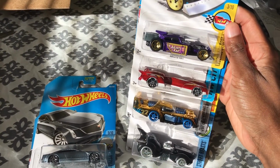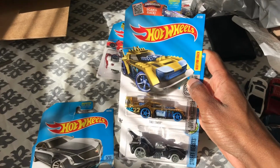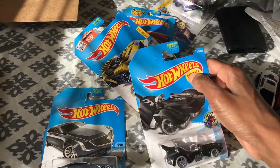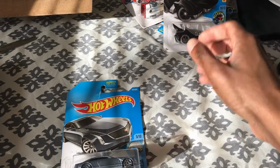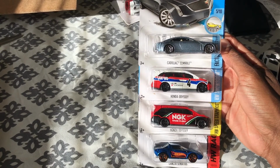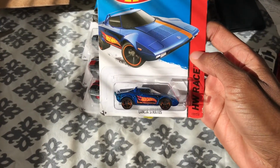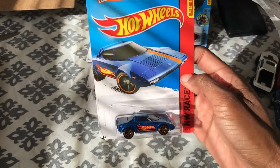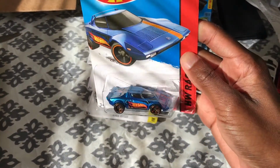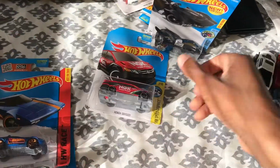4 fantasy models, Aristorat, forward speed, 2-timer, and perfect speed. It's not perfect speed, it's perfect speed. And then these 4 realistic models, 2 Honda Odysseys, a Cadillac El Mirage, and the Lancia Stratos. I'm sure I said that wrong. I used to think this was a fantasy model, but this is actually a real car. I happened to see it in a video someone showed me,